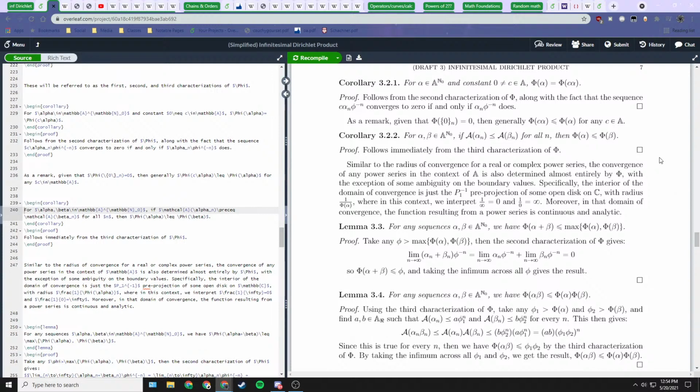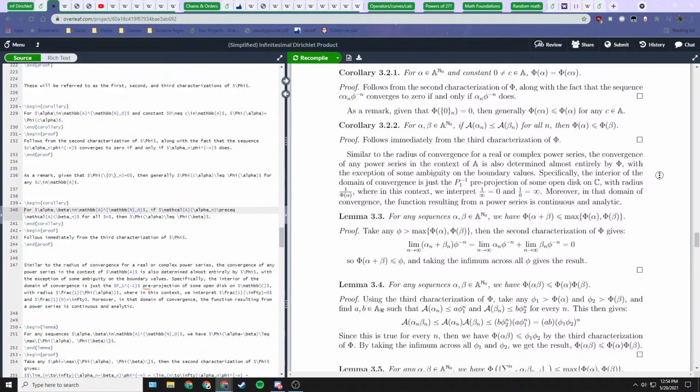Okay, so now we proved this thing. So here we just have some pontification where we're saying in advance that the convergence of a power series can be determined by this phi function. So just like in real or complex series, you just use the root test, and that tells you